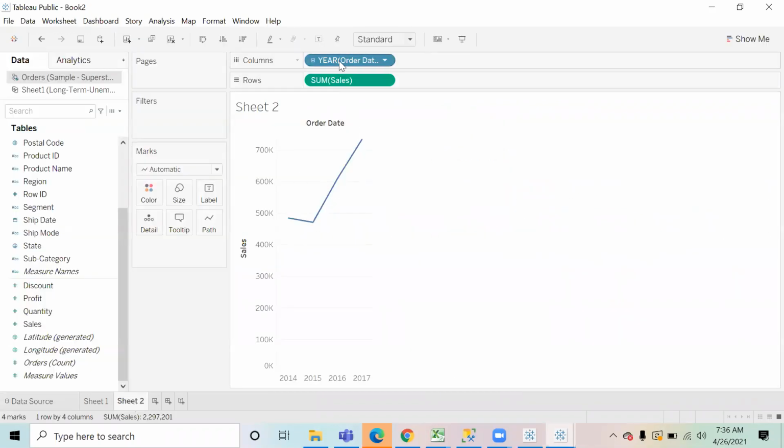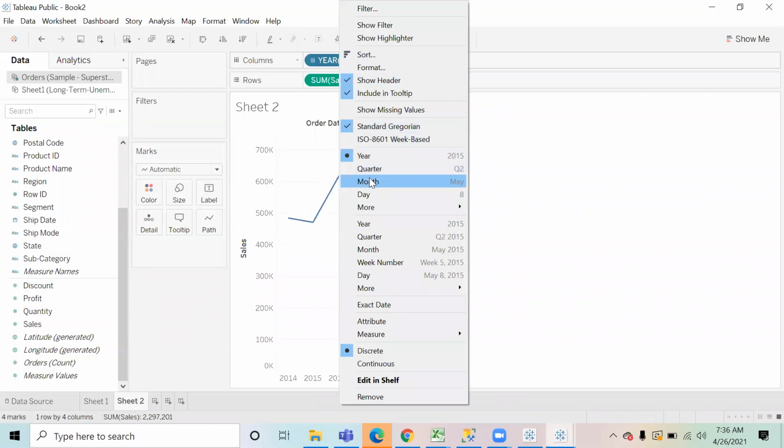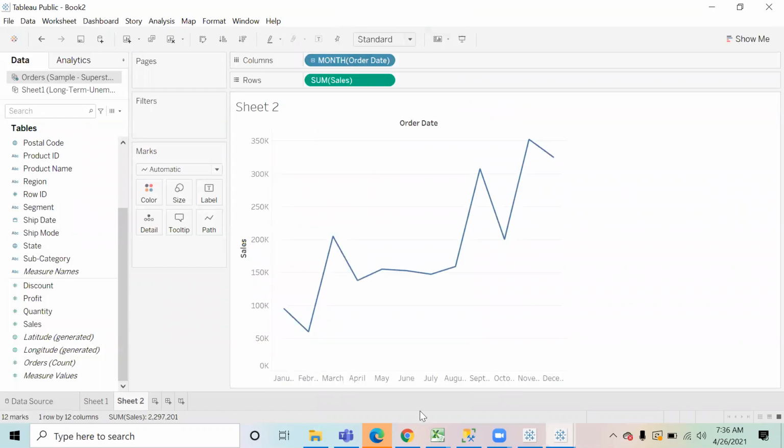Okay, so let's make this chart at the month level. Now see, this is the sales chart, how the sales are happening at a superstore, and the chart I have made is aggregated at a month level. So we have the data of 4 years, 11, 12, 13, 14. I have aggregated the data only at the month level. So from here, what insight do you get? I get to see that the sales in March are high and the sales in November are high. That is like an overall for all the years.